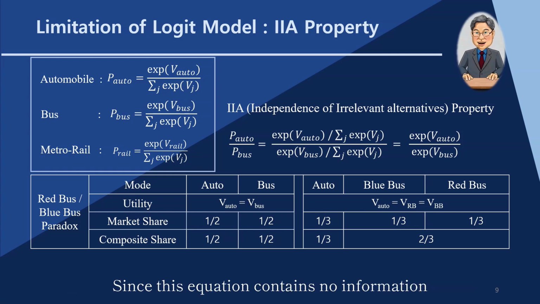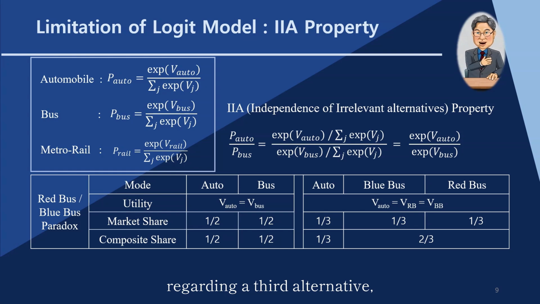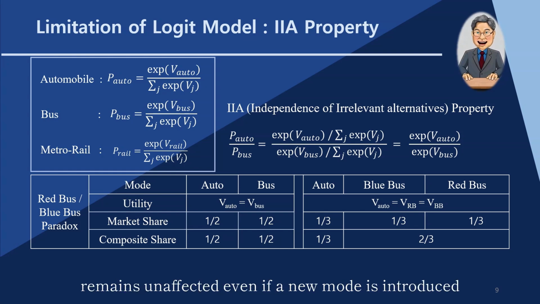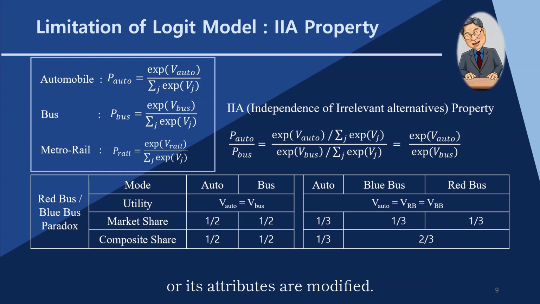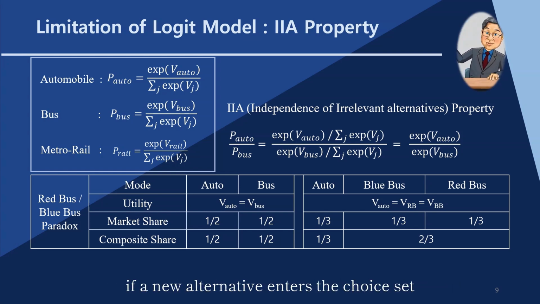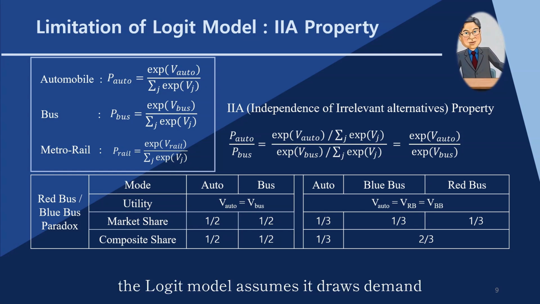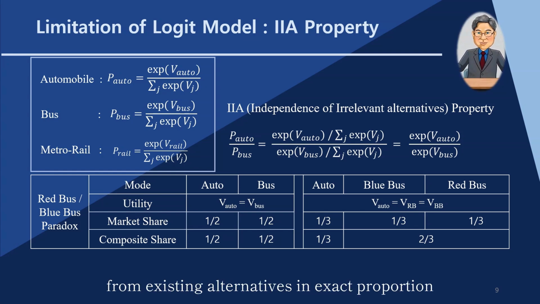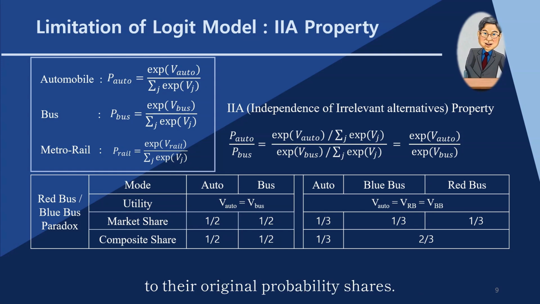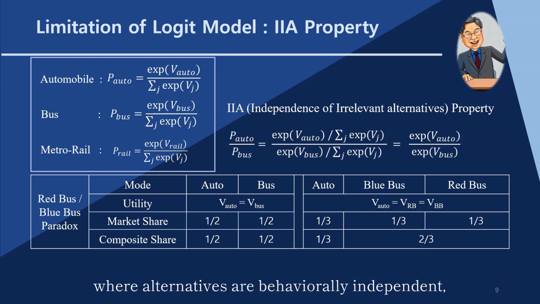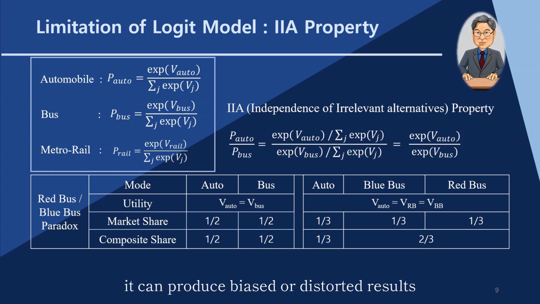Since this equation contains no information regarding a third alternative, the probability ratio between the original two remains unaffected even if a new mode is introduced or its attributes are modified. In other words, if a new alternative enters the choice set and captures existing market share, the Logit model assumes it draws demand from existing alternatives in exact proportion to their original probability shares. While this assumption works well in environments where alternatives are behaviorally independent, it can produce biased or distorted results when